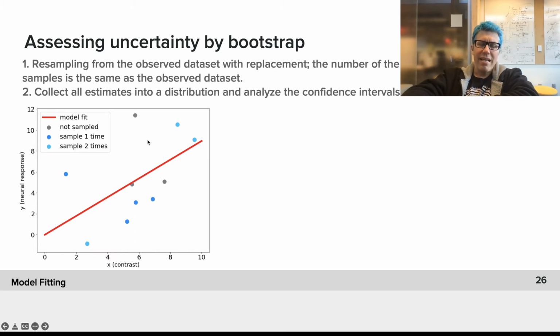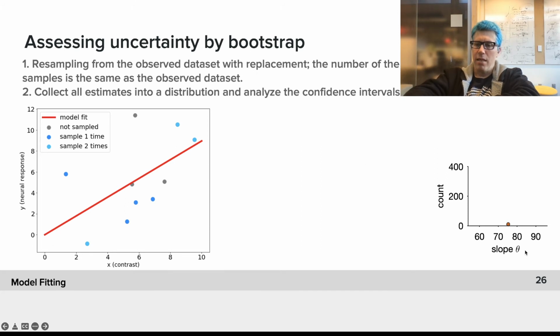So the idea is I take the same data points that we have. It will always be the same data points, but some of them, randomly, we will pretend that we never saw, and others we will assume that we saw multiple times. Like here, the light blue ones, we saw these 2 times. The dark blue ones, we saw 1 time as before. The gray ones, we never saw before. So based on the data that we have, let's make up an alternative outcome of the experiment. And it turns out that it has a lot of attractive statistical features.